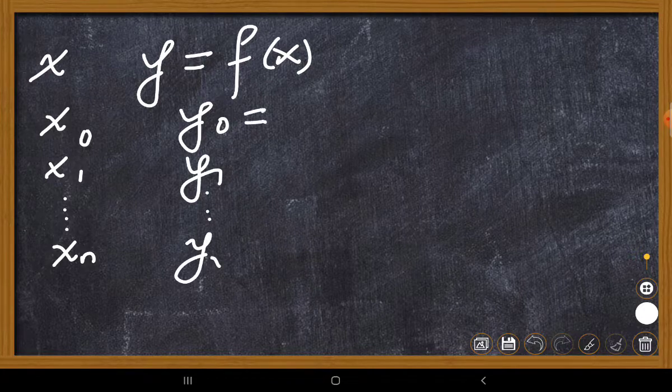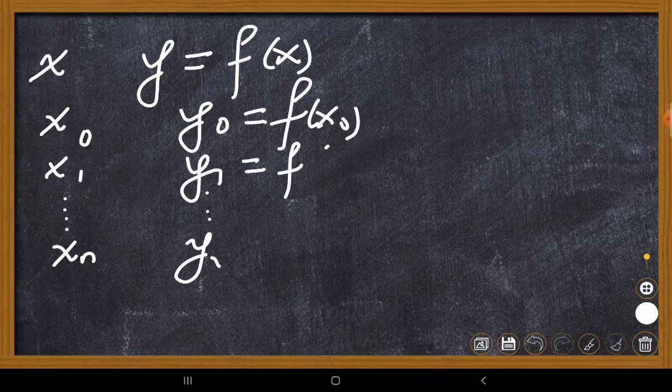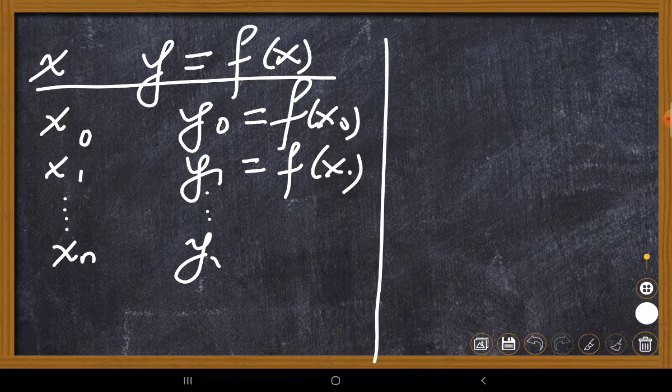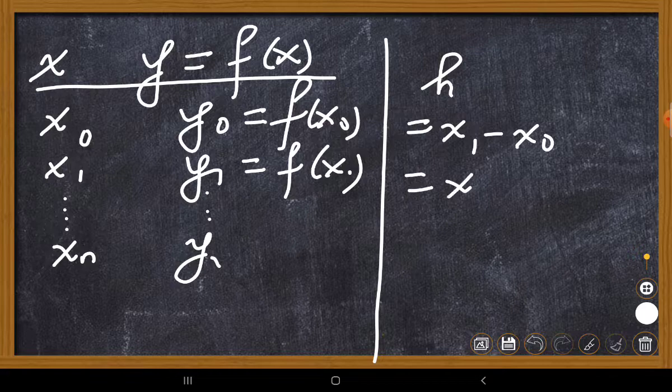You know that y0 is simply f(x0), y1 is simply f(x1), and so on. If you have this set of values where the interval of differencing is equidistant, that means h is equal to x1 minus x0, equal to x2 minus x1, and so on, then Newton's forward interpolation formula is given by